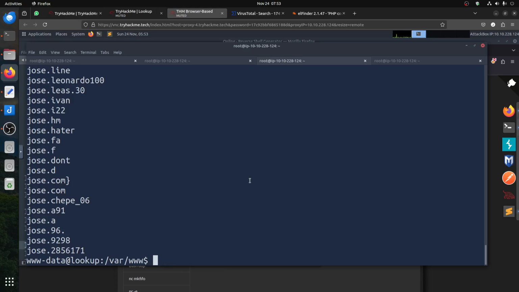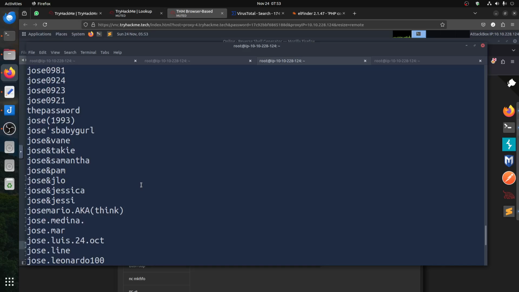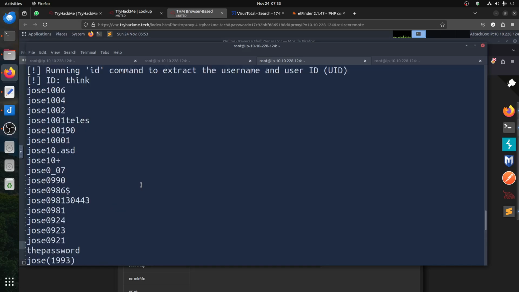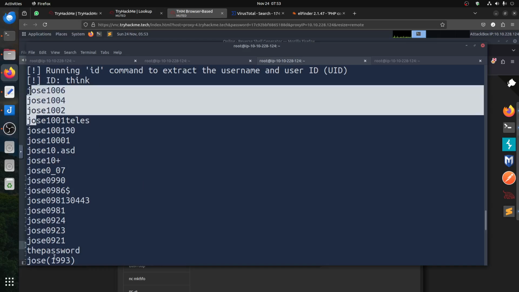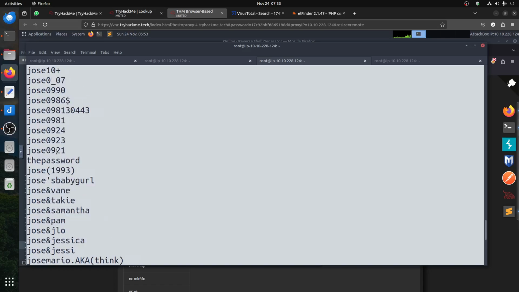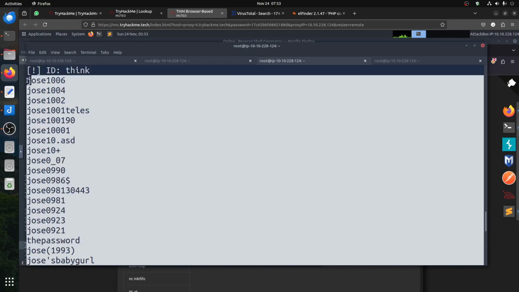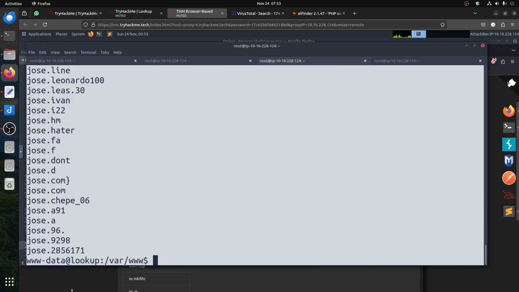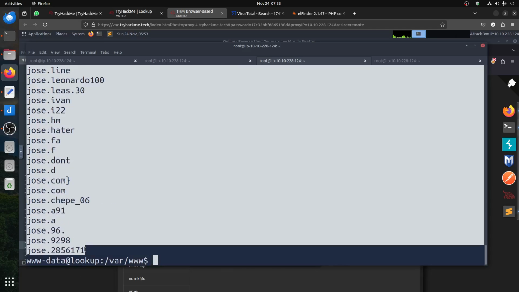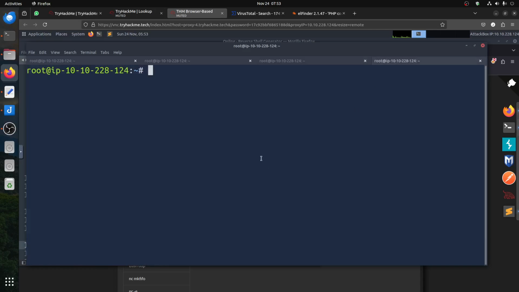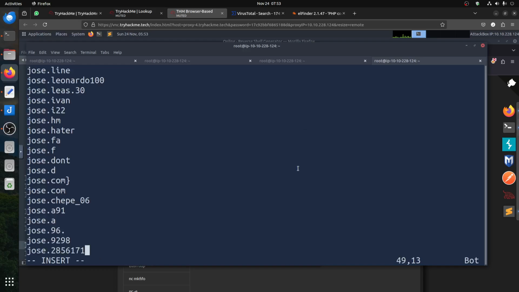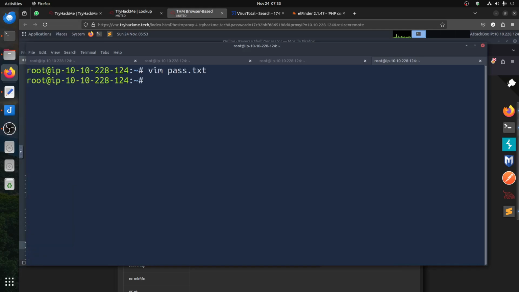Of course, now you can say, oh, this is one of the passwords maybe for user think, and maybe it's for SSH. So you can copy all this, and you do the traditional way, and you can come here and say pass.txt, you copy them there, and then you can, what is the Hydra command for Hydra for